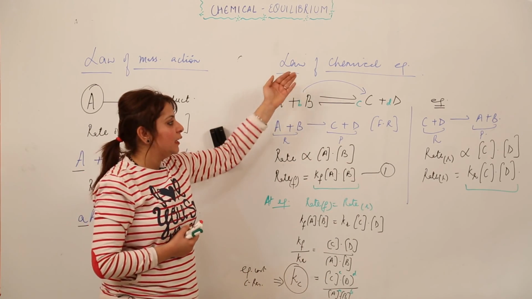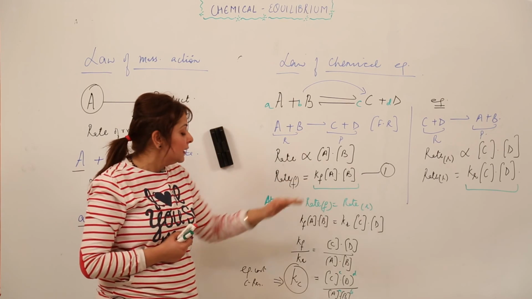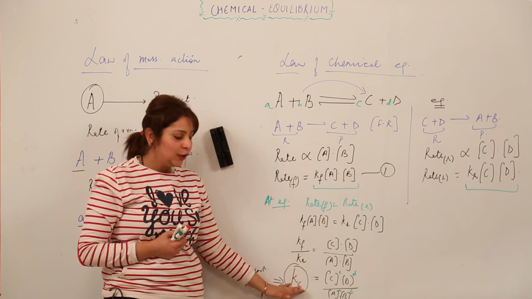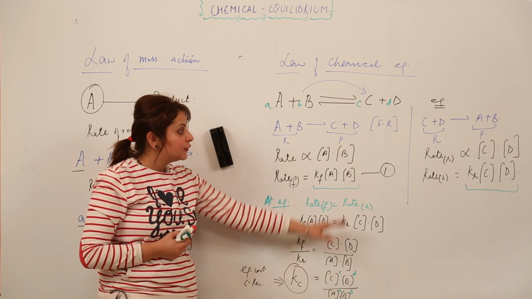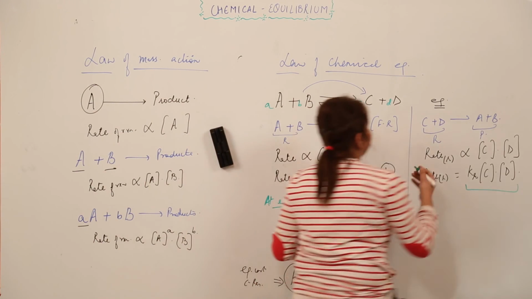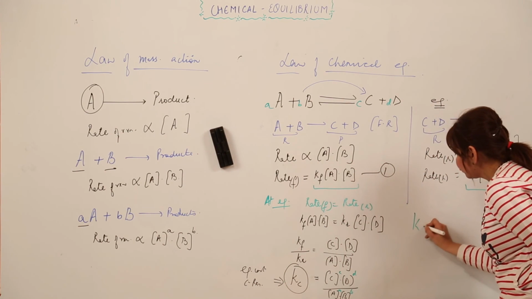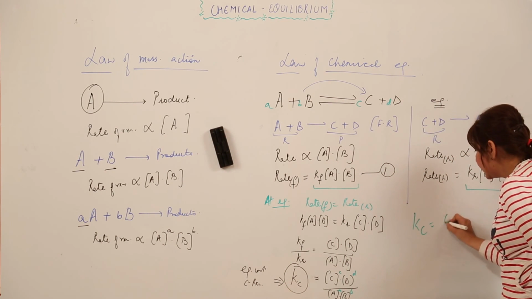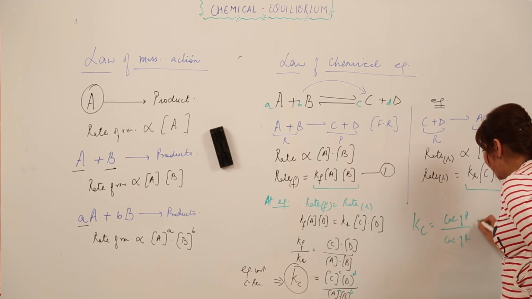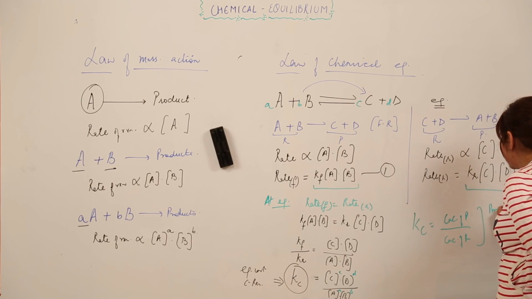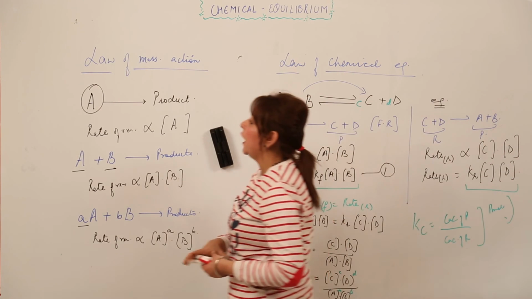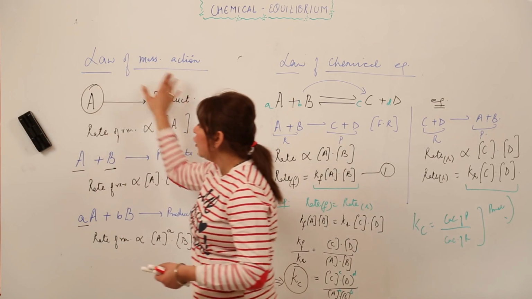So what does the law of chemical equilibrium state? It states that the equilibrium constant for a chemical reaction is equal to the ratio of the products, because you saw that C and D were products, right. In a general way we can write Kc as the concentration of products divided by the concentration of reactants, raised to their respective powers, which occur as moles in the chemical reaction. So this is how you are going to explain the law of mass action.